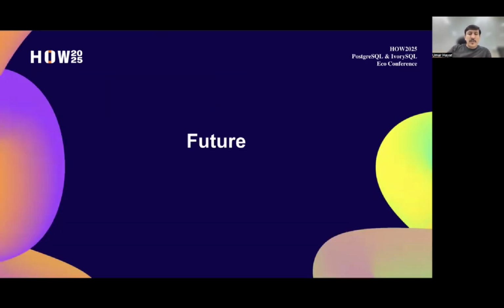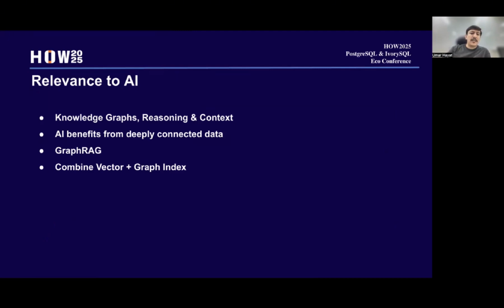So what does the future look like? If you see, the first thing is the relevance with AI. The graph has been around for so many decades, and it is already used for different analytical purposes. But in the last couple of years, because of large LLMs and generative AI, it has a lot more focus to improve the result. Previously it was only used to store graph data and do analytics, some fraud detection. There are a lot of other use cases which are already there.